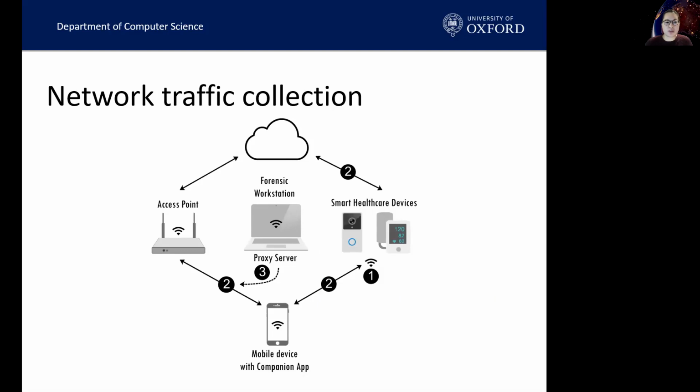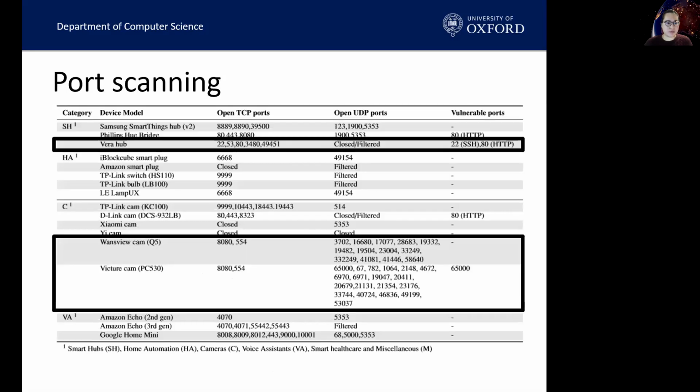Network traffic was collected from various communication channels in our IoT environment. So we first carried out port scanning. We then collected network traffic from the 3 different communication channels of an IoT environment. We then used a proxy server to examine the network traffic between a mobile app and the cloud to intercept HTTPS traffic. Finally, we established the location of the data.